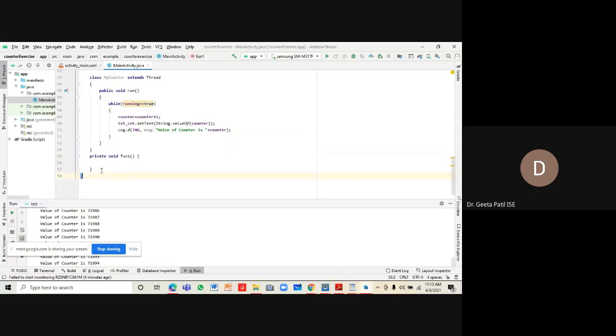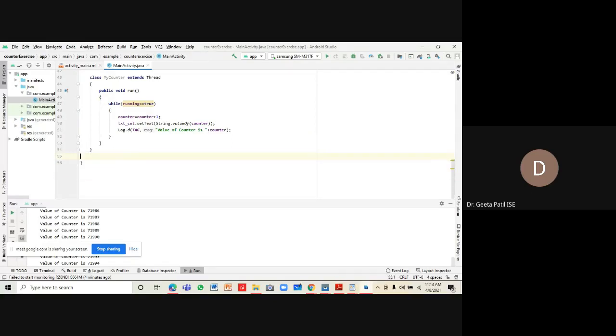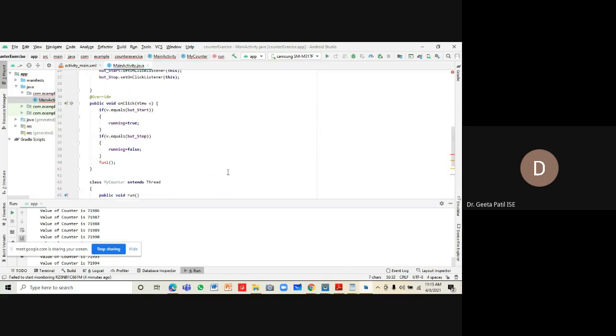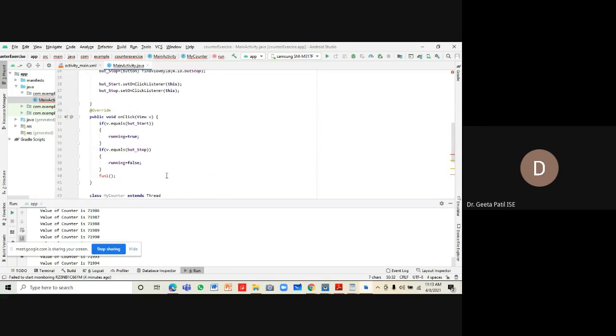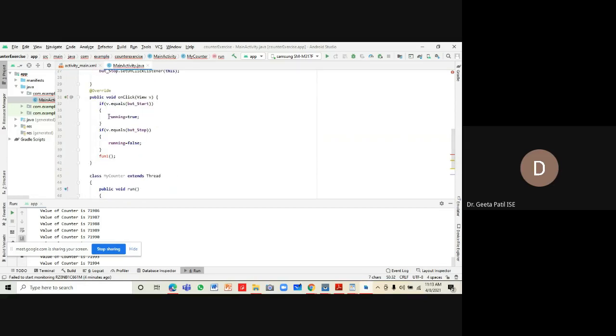The code of incrementing the counter and setting the text, I've done as a part of thread MyCounter. Now we have to create an object of MyCounter.